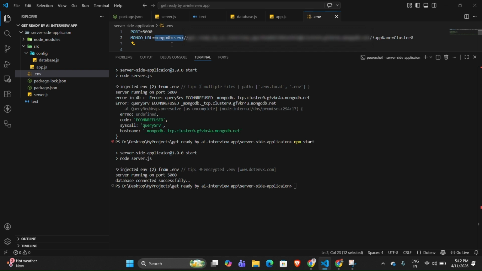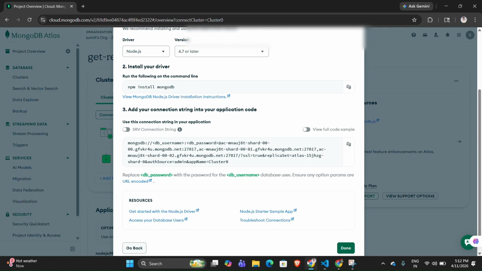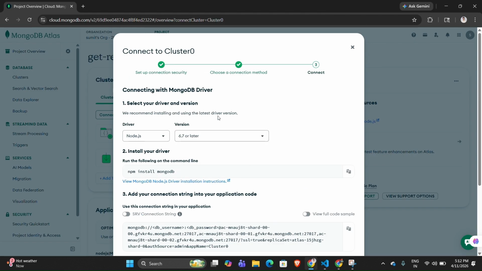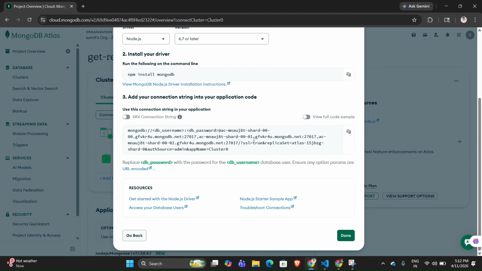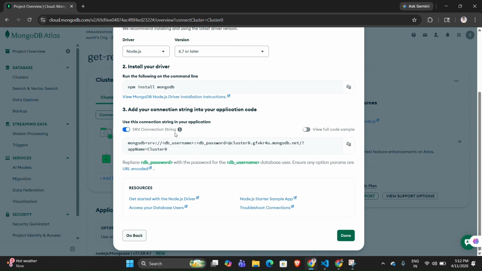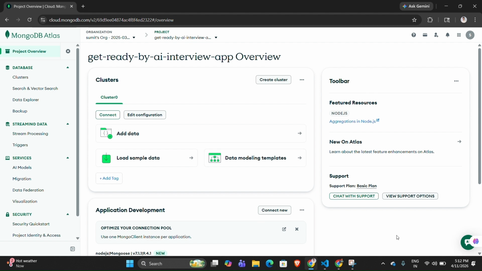Or if you forgot it, don't worry, just go again to the MongoDB database of your project, click on Connect, and toggle this srv. You will get this plus srv connection string. Now just copy and paste it in the .env file.